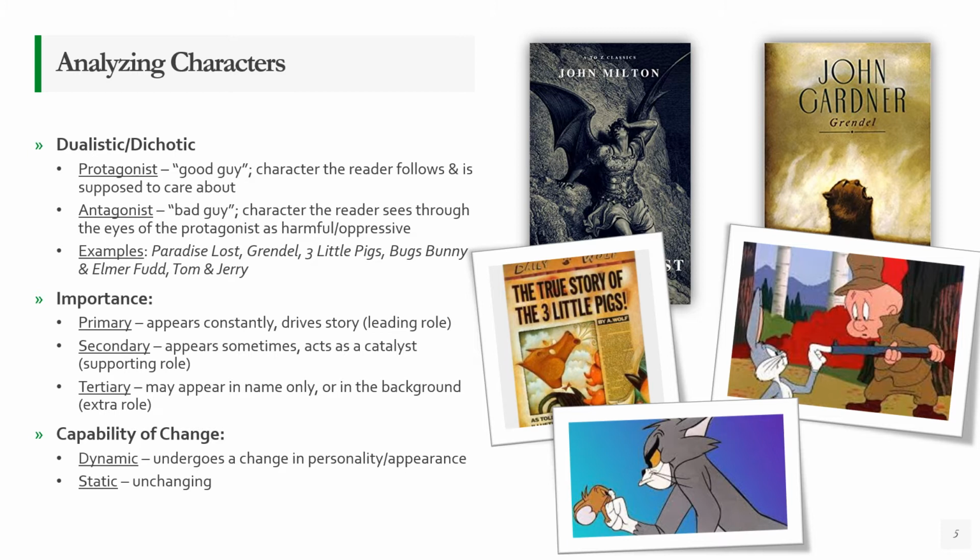Joseph Campbell was made famous by a book that he wrote called The Hero with 1,000 Faces. He took examples from Carl Jung and psychology and examined all of the myths that exist in all cultures all over the world, and was able to pinpoint the idea that myths tend to follow a very specific pattern, and that characters tend to evolve over the course of these myths. They become dynamic characters. They go through different trials, getting out of their comfort zone and facing enemies, and eventually come out very different in the end. So I highly recommend looking at Joseph Campbell's Hero with 1,000 Faces to get a better perspective on this.